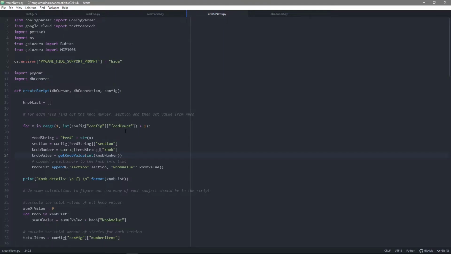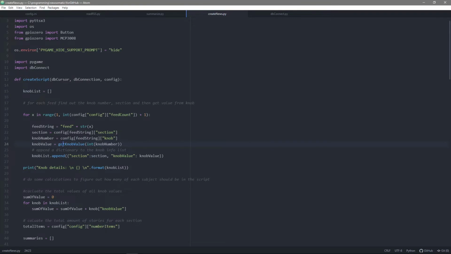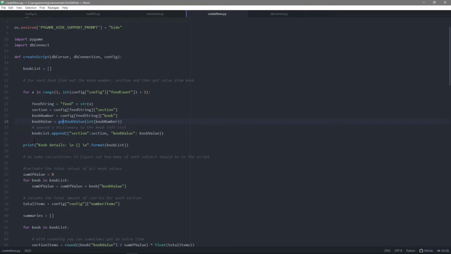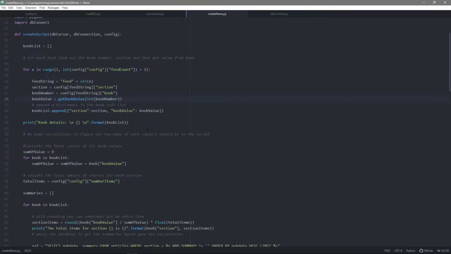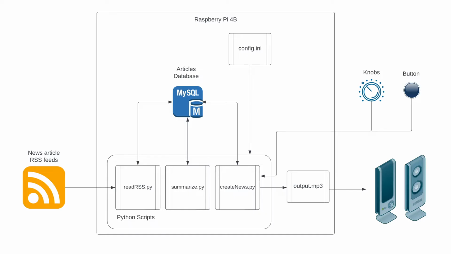The programming for this project was done using the Python programming language. 3 Python scripts were created for this project, which I will go through in a little bit more detail later on in this video. Those 3 scripts serve as the functional brain of the Newsomatic. The first one is an article grabber, grabbing articles from publicly available RSS feeds. The second file is an article summarizer. And the third and final main file is the news creator itself, which essentially creates an MP3 of a news